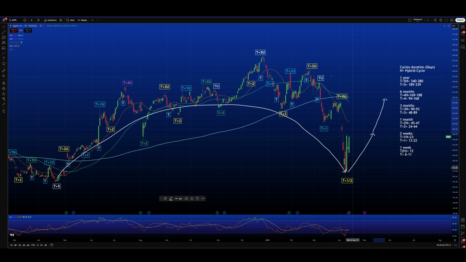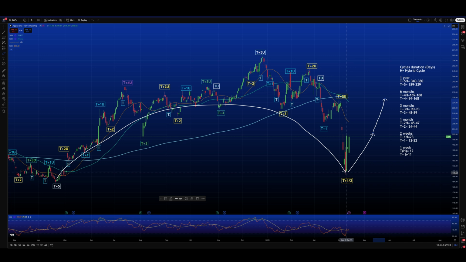So we will still need to be careful on Apple because here we have the median, the condition to close a T plus 5. But if on the Standard and Poor's, the Nasdaq and the Dow Jones we have T plus 5 that are, let's say, negative and haven't reached the minimum duration yet, there is a low likelihood that Apple will start beating the market going up when the sell-off is ongoing. So you have to be aware of this condition, but you also have to look at Apple and the stock itself in a general setup.